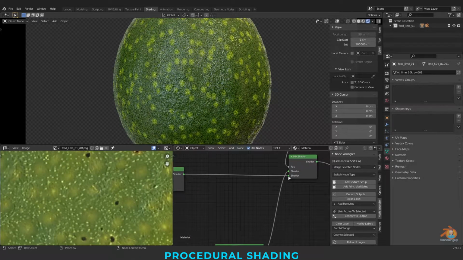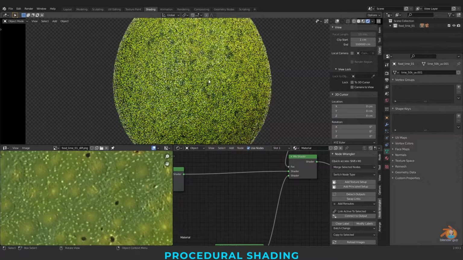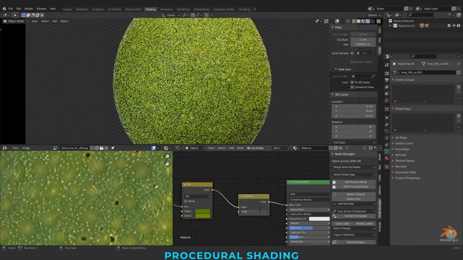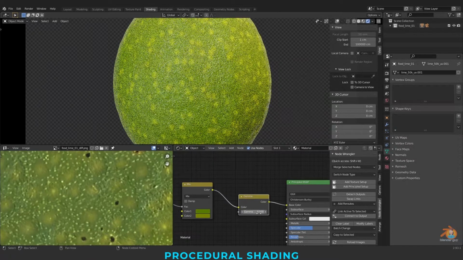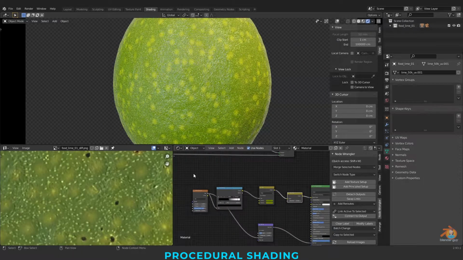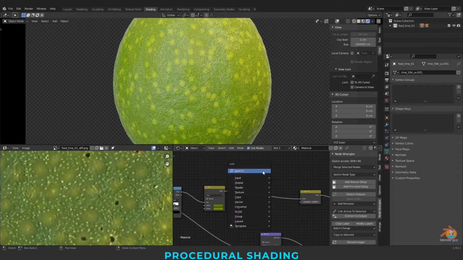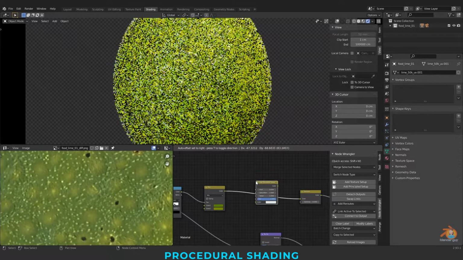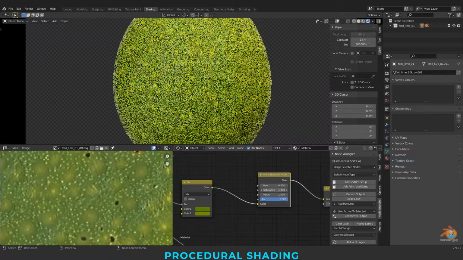I'm just swapping this. I'm adding a hue saturation here, and controlling the saturation.